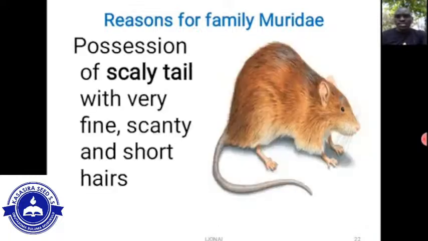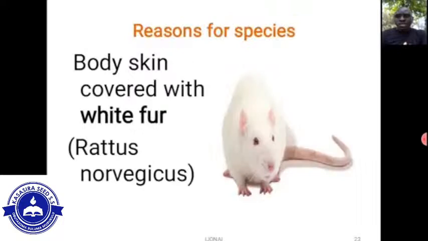Then a scaly tail with very fine, scanty and short hairs. The tail has scales like rings overlapping each other, with relatively fewer hairs compared to the rest of the body. And then the reasons for the species, if it is Rattus norvegicus, the white rat, or the albino rat, we say that,